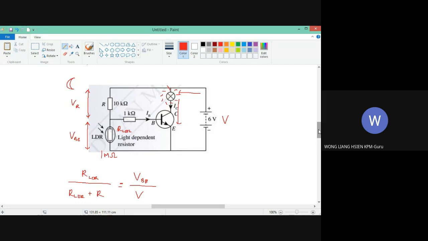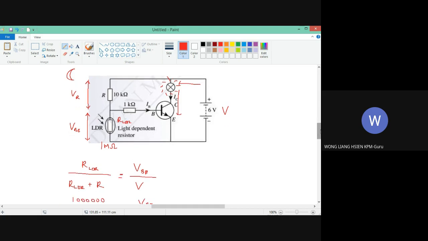During daytime, I want the fan to turn on. During night time, I want the fan to automatically turn off. For example, like that, whatever it is that you want. So let's say that you want to turn on something during daytime, but turn off during night time. What you do is